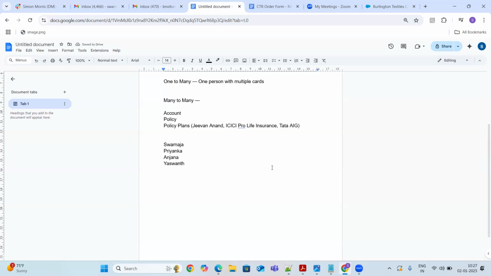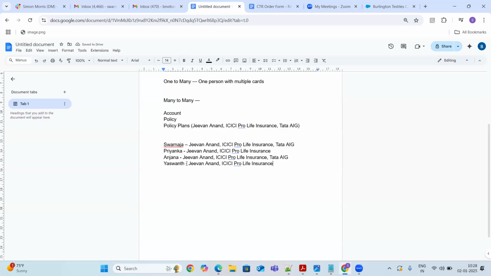When I would like to take the insurance policies, I have taken all three plans. Priyanka took two plans. Anjana, again, three plans. Ashwant, two plans.